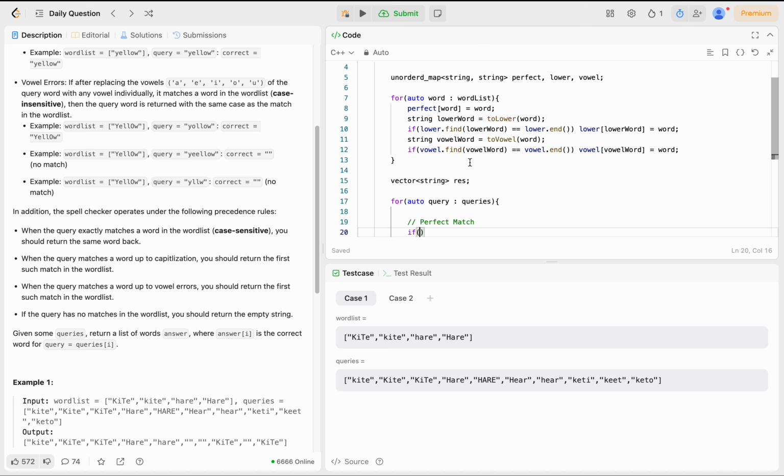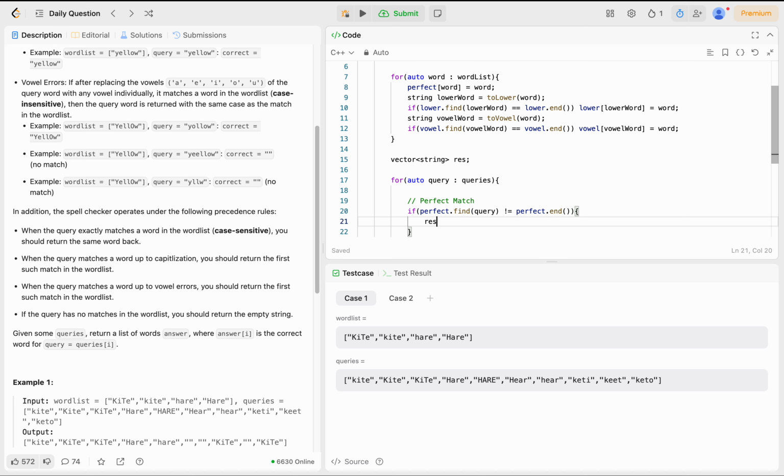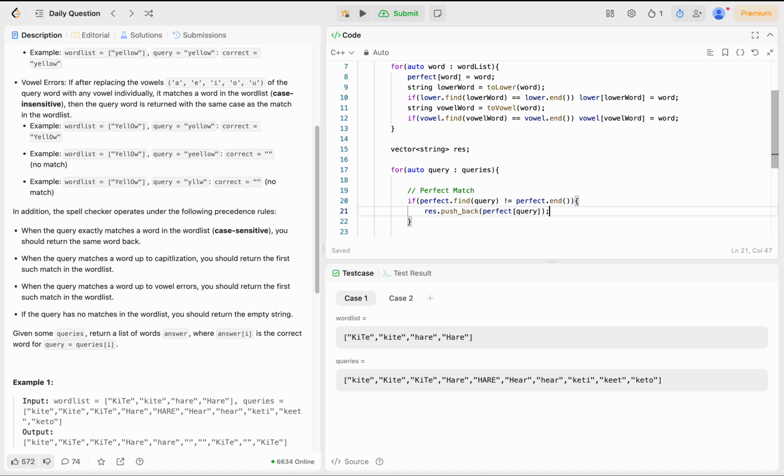So if we found this query word here, then we just push the perfect word, right? If not,